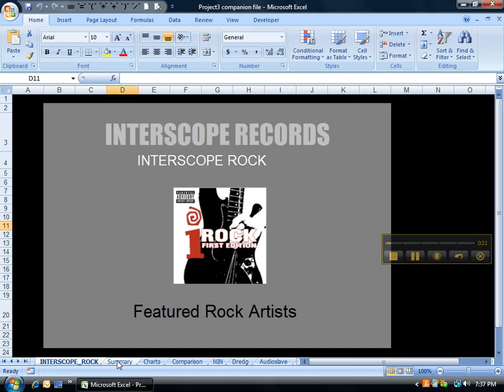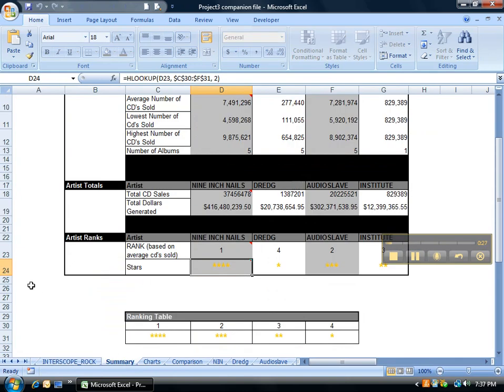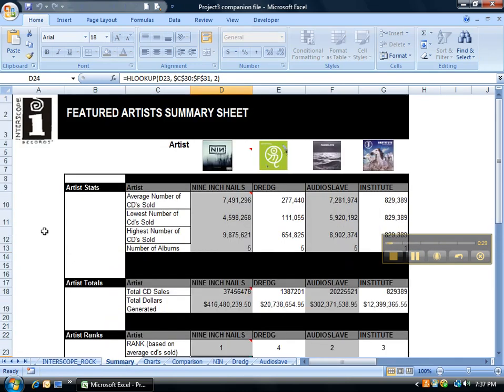They have a summary sheet up here first. It doesn't matter if it's first or last. Scroll up, they've got a bunch of different artists here: Nine Inch Nails, Drag, Audioslave, Institute. Unfortunately, I don't know any of these bands, but that's not the point. This is the summary where I compare, again, band to band to band numbers, but each band has its own